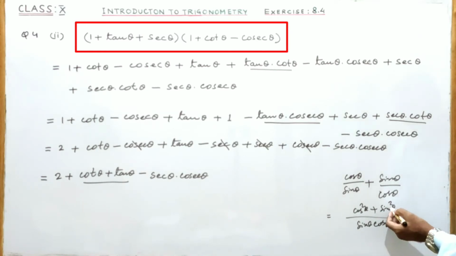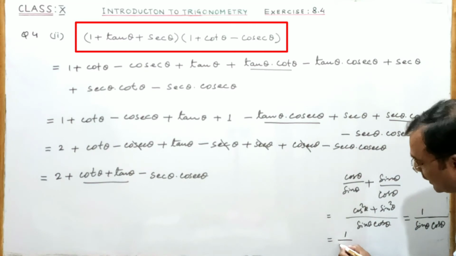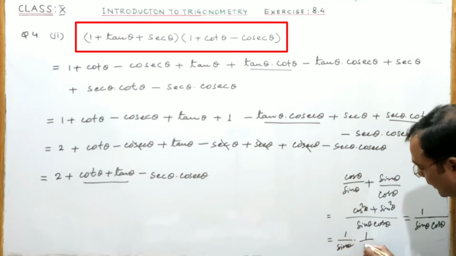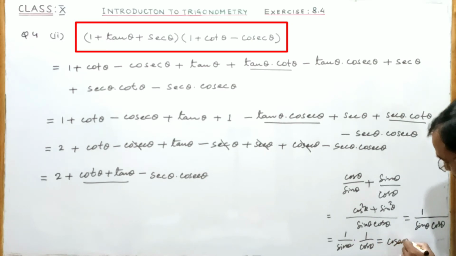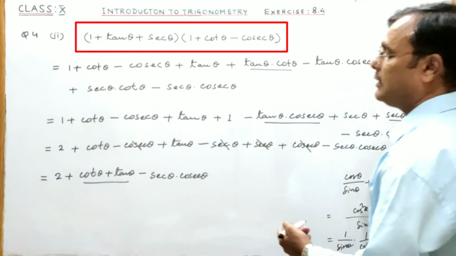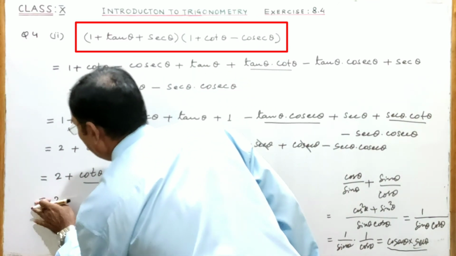So in the numerator we have got sin square plus cos square, which will be 1, divided by sin theta into cos theta. We can write 1 by sin theta into 1 by cos theta. 1 by sin theta is cosec theta into 1 by cos theta is sec theta. So ultimately cot theta plus tan theta we are getting cosec theta into sec theta or sec theta into cosec theta. So this is equal to 2 plus